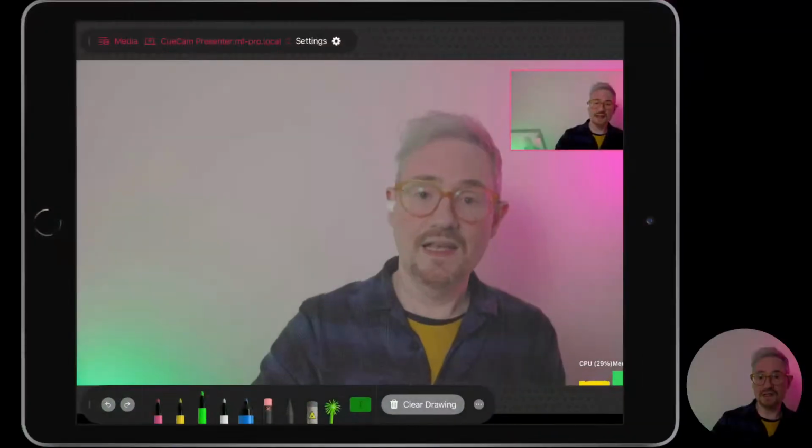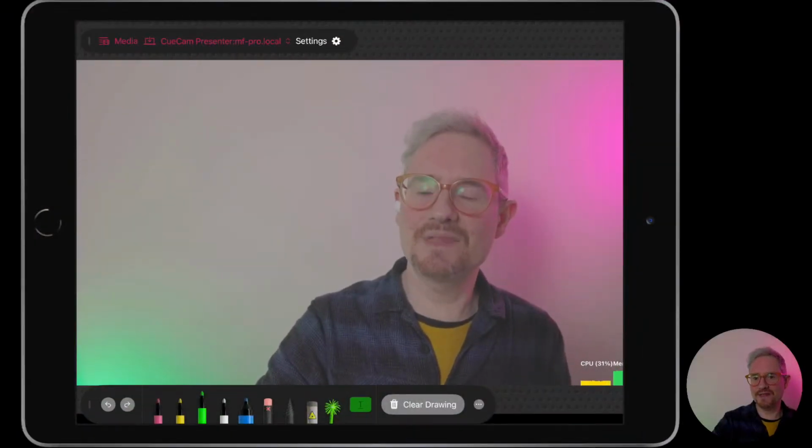And if you're wondering about how I did this iPad thing, by the way, this is actually a feature of CueCam that was lying dormant until today, when I was like, I want my little iPad frame. And how this works is, if you have an iPad plugged in, you see it's also bringing it up down the bottom. If you have an iPad plugged in,